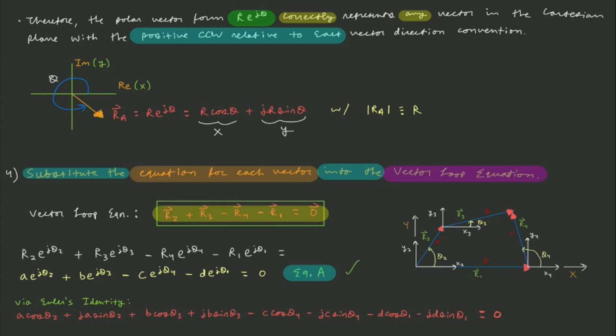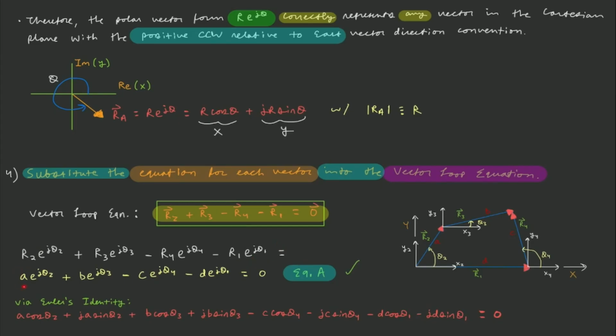So the next step is to substitute the equation for each vector, which is this equation right here, into the vector loop equation. Again, our vector loop equation is r2 plus r3 minus r4 minus r1 is equal to 0. And we have the polar form for each of those vectors right here. So what does that equal? Well, it's just r2 e to the j theta 2 plus r3 times e to the j theta 3 minus r4 times e to the j theta 4 minus r1 times e to the j theta 1 is equal to,